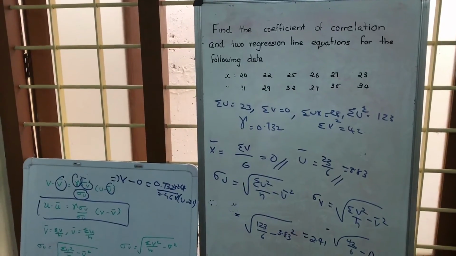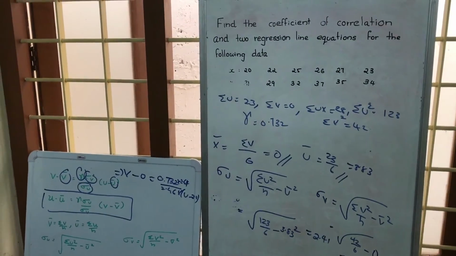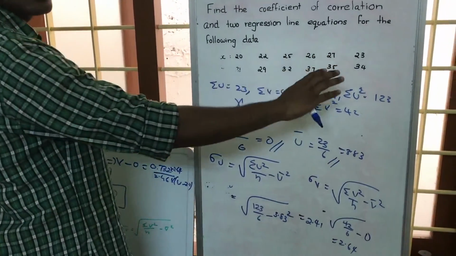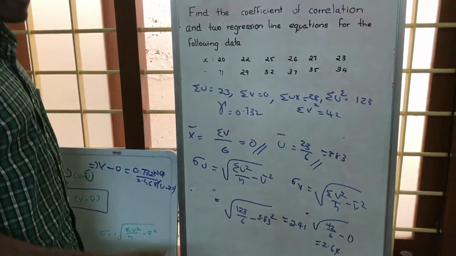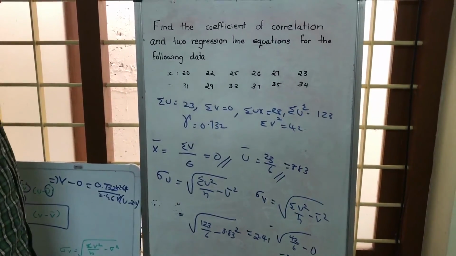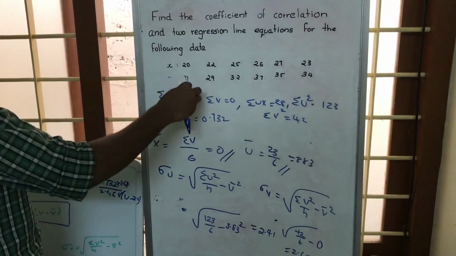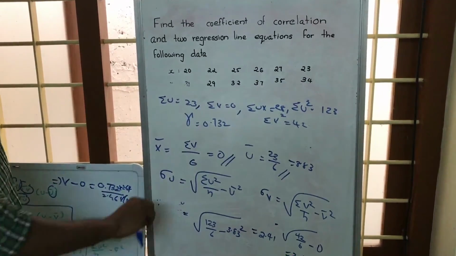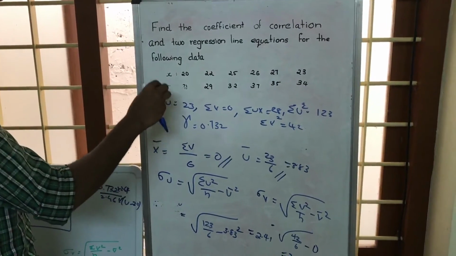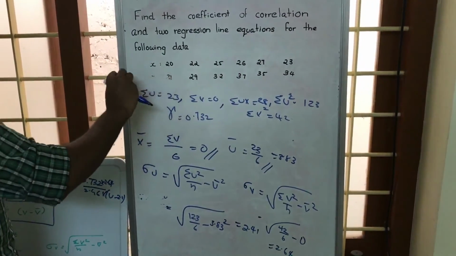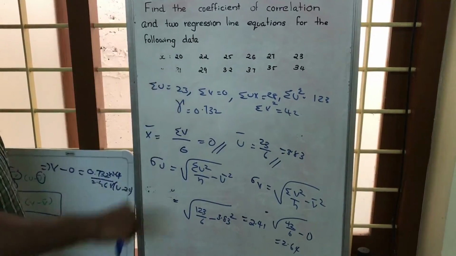So if a question is asked to find the coefficient of correlation and to get the regression lines, first we will write the given data. Then by looking at the given data, we can find the numbers are very big. So we will take a common, arbitrary base. Here we are taking 20 as the base for x and 33 as the base for y, and we will be subtracting 20 from all x, and we will call the new values u, and subtracting 33 from all y, and we will call it v. So we will have a new set of numbers u and v.